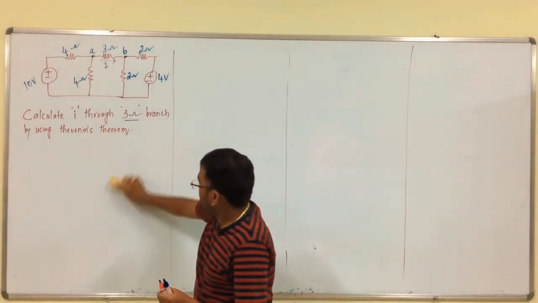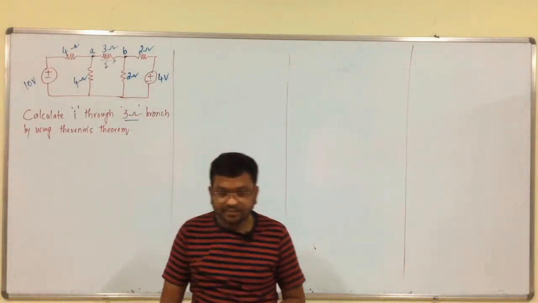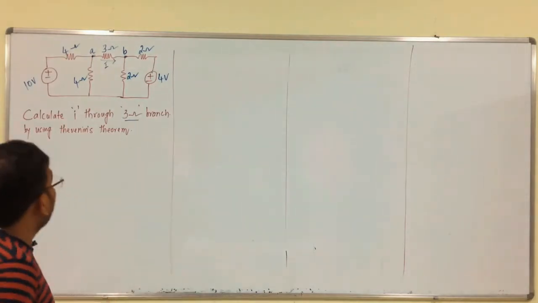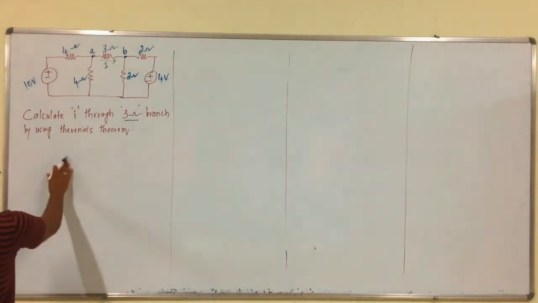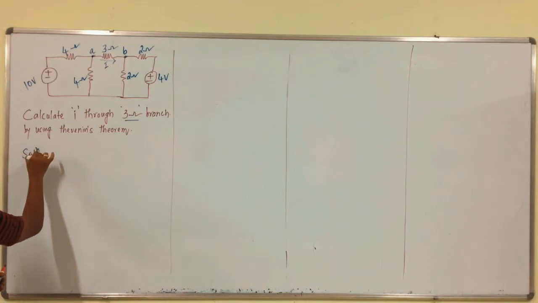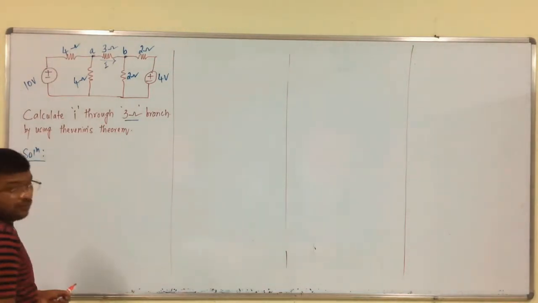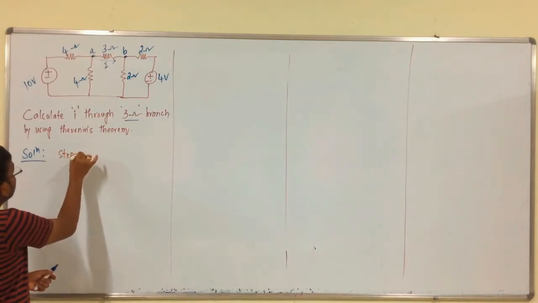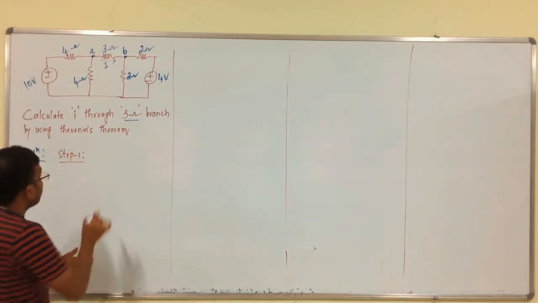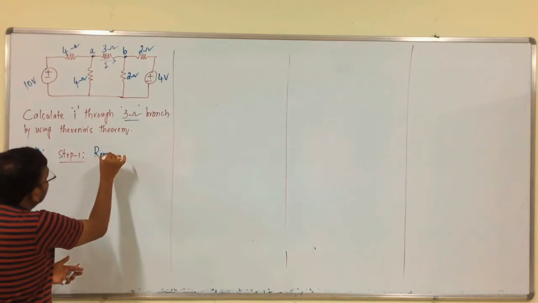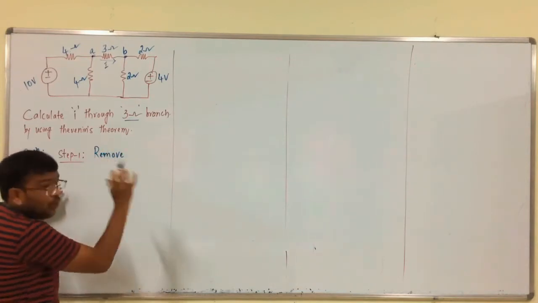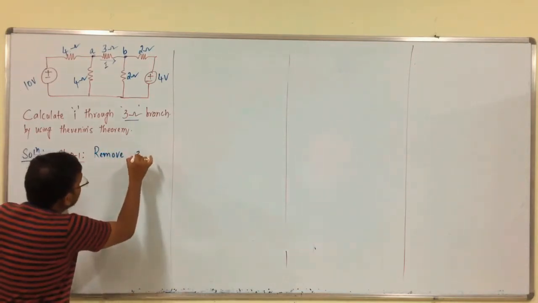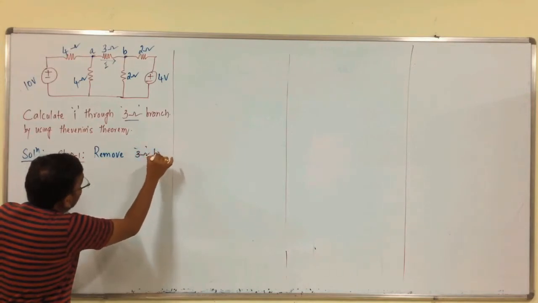So, we have to solve this problem. Solution. In step 1, what is step 1? Remove the load resistance branch, that is, remove the 3 ohm branch